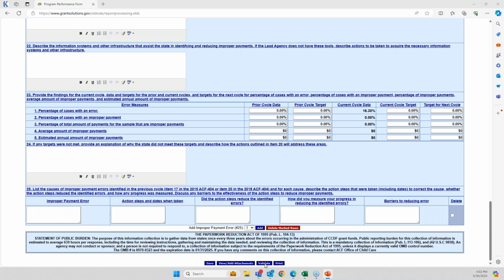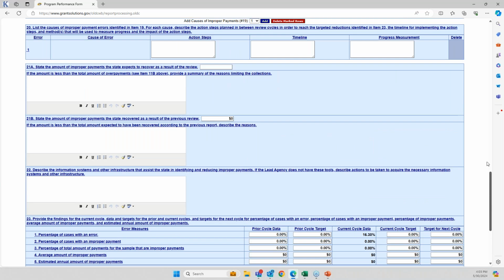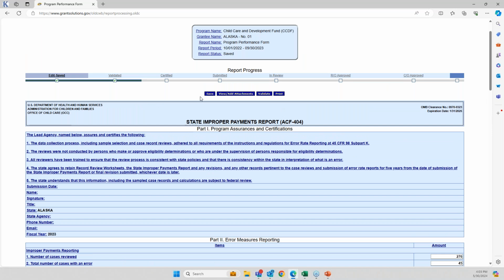And once that's all been addressed, then you will be able to certify. There'll be another button that shows up here for certify. And then after certification, you do that e-signing, then you can go ahead and submit. There is also a space here for attachments. I don't think anyone's going to have any attachments, but that is in there. And these buttons are showing up at the top as well.